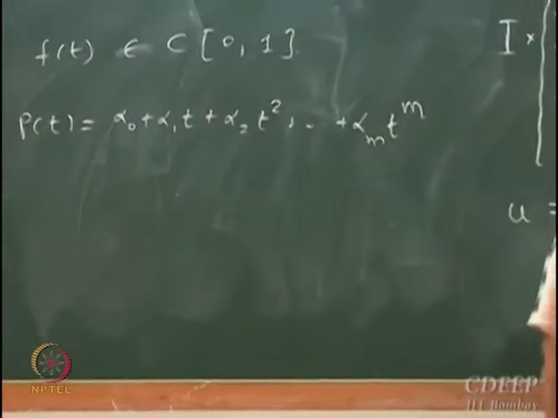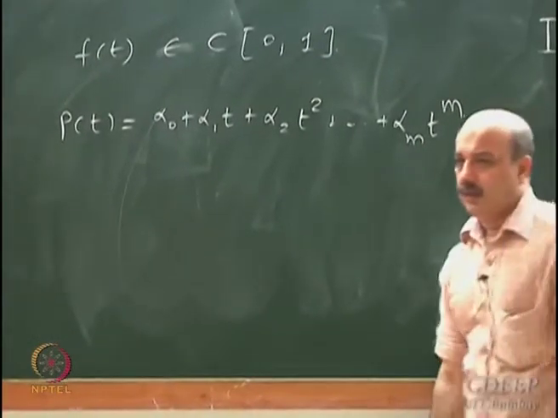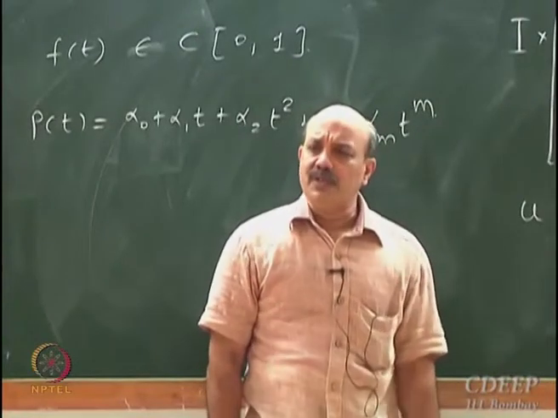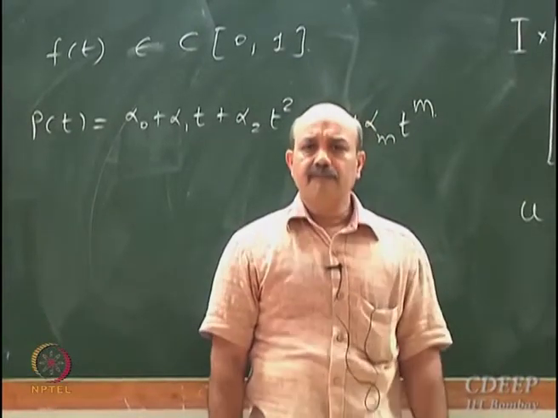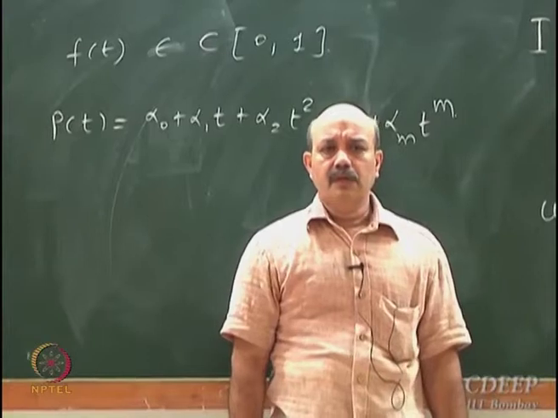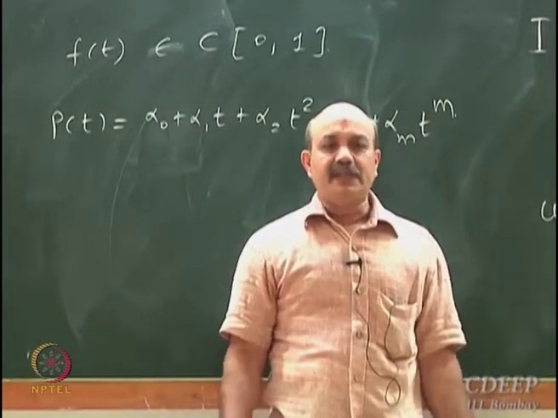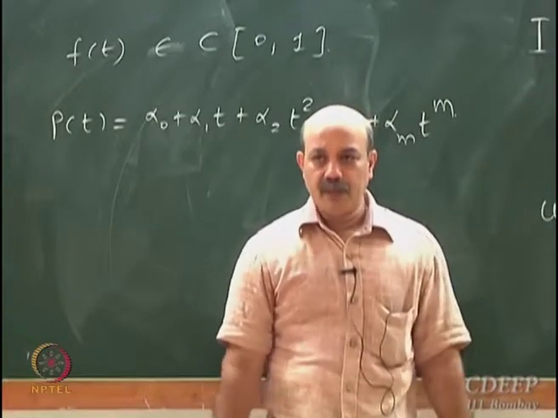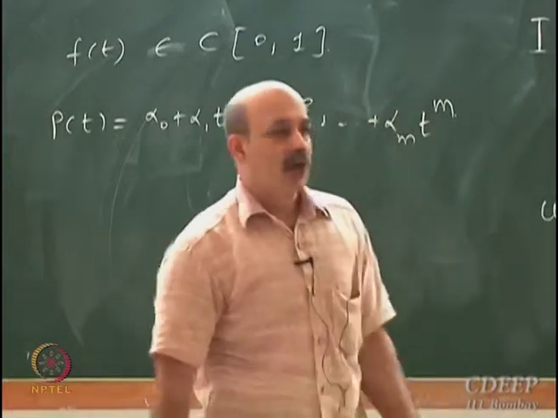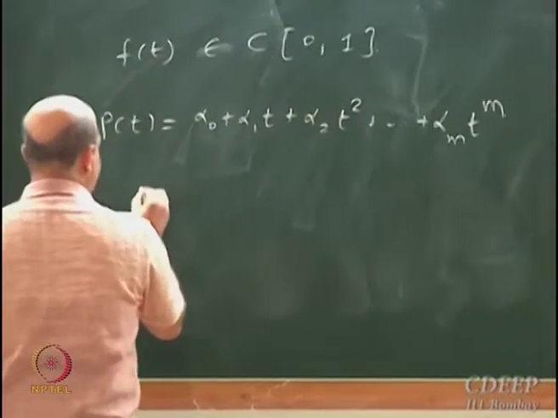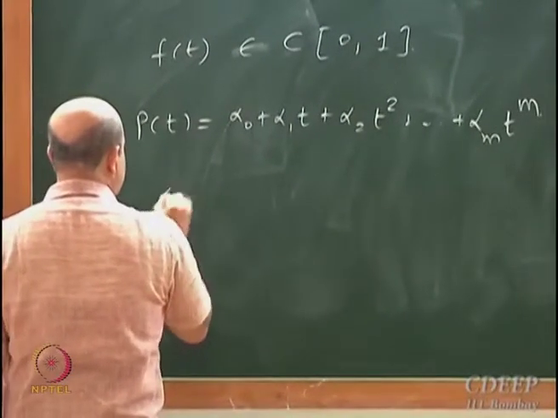I want to develop this approximation. Okay, so how do I go about doing this? What are the basis vectors now? 1, t, t square, up to t to power m. Okay, I should set up the normal equation. How should be the normal, say my inner product here, my inner product is defined as